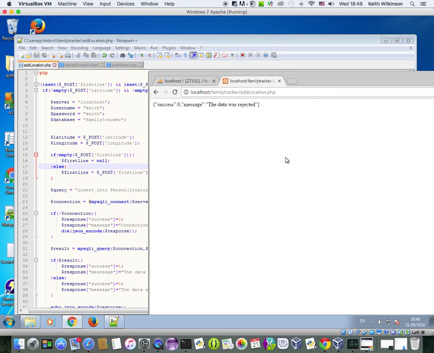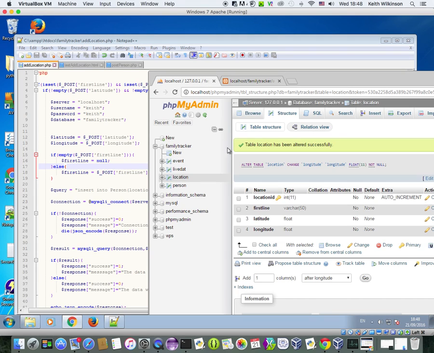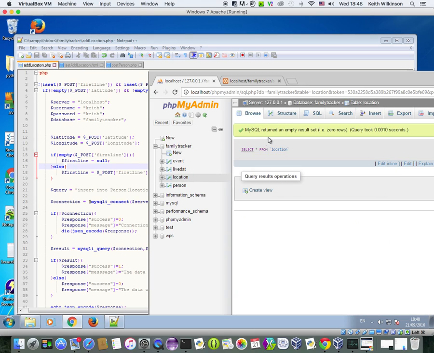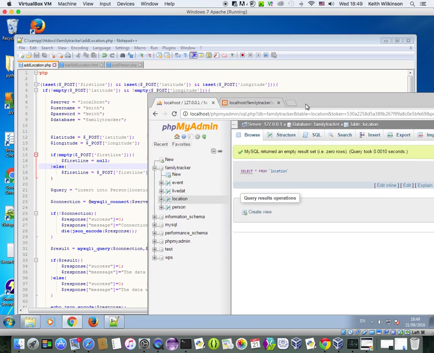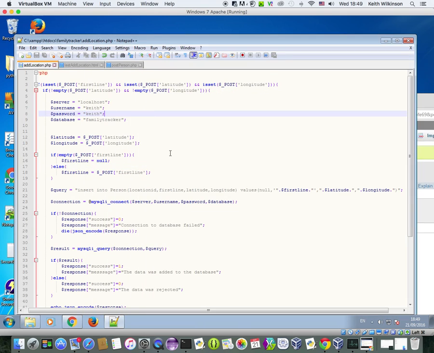Now this is quite difficult. Well, first of all, let's take a look at the database. Let's see what's happened with the location table and browse. Just make sure it has been rejected. There are no values in there. So, first of all, let's see if we're actually picking up the latitude and longitude and not been making spelling mistakes. So if I comment this out,